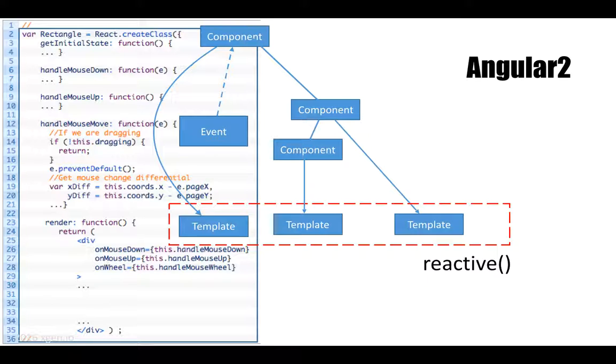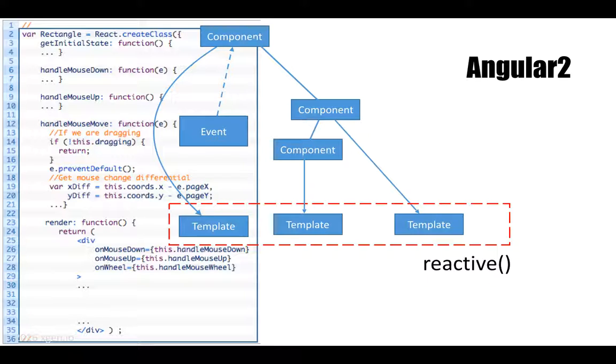You have a component model. The component has events, and when changes happen to the component data model, then those changes are reflected in the view by a